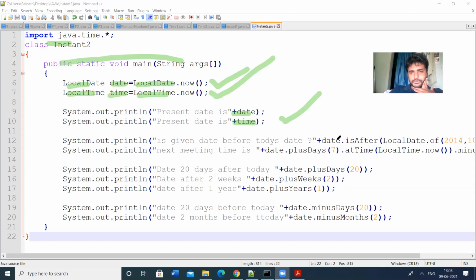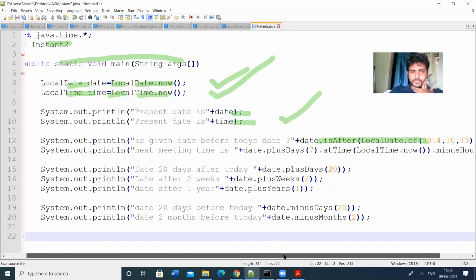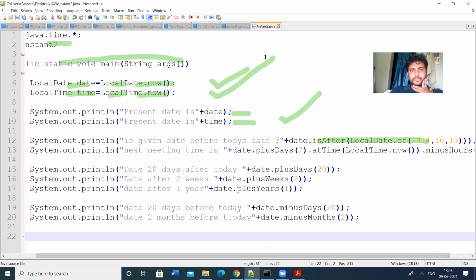Then I am performing this method. This method takes a given date and checks it against today's date. So this is the given date. Today's date is held by the date object.